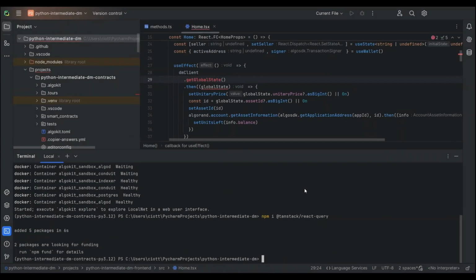Okay. So without going too much into the detail, TanStack Query allows you to